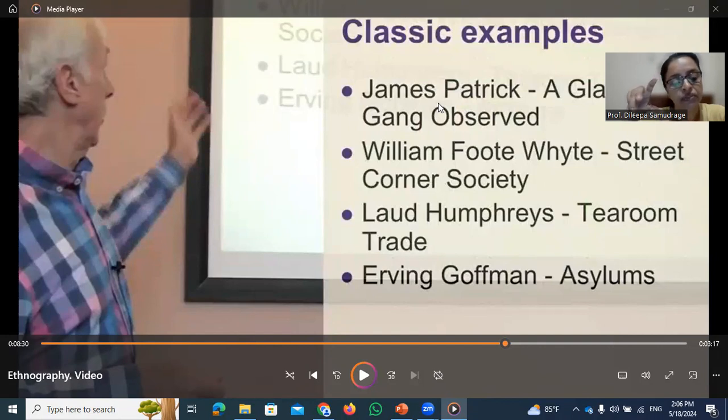homosexual men, right? So the researcher stood around the entrance of the toilets, and he followed some of the men, maybe the men's cars, and he noted down their registered numbers of the cars. Sometimes, maybe 2-3 years later, after recognizing their car numbers, he managed to find out their addresses. After maybe 2 years, he went to those addresses and he interviewed these people,